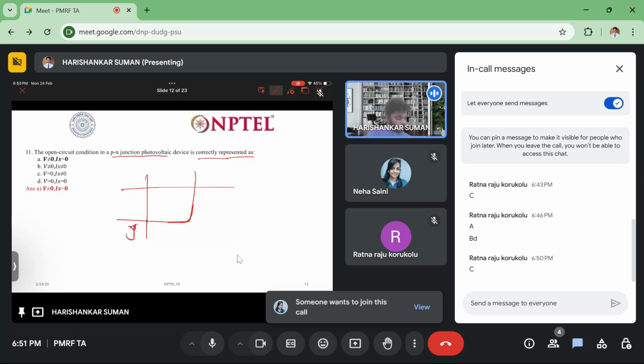This is JSC. Here is VOC. Open circuit condition. What is open circuit condition? Let's say this is the device, the terminals are not connected. So current can't flow from here to here. So current will be 0, and voltage